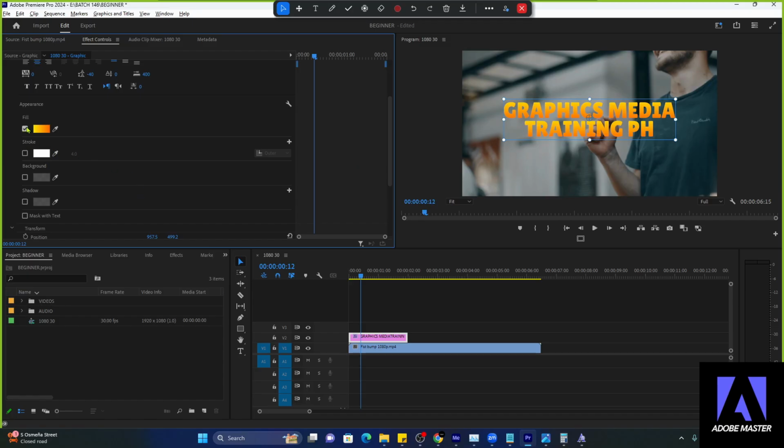So we have here, next to fill is stroke. Stroke is the outline on the outside. So this one is the stroke. If you check this, ulitin ko, if you check this, there you go. It always starts at white, yung stroke mo, diba? Now, in our stroke, class,